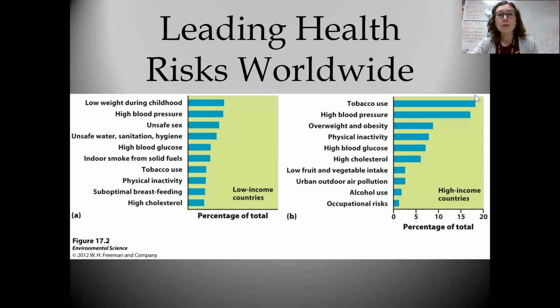All righty. When we're looking at the leading risks of health problems worldwide, we can really see a huge difference in what is actually causing the greatest amount of deaths and injuries for individuals, whether they're in a low-income country or in a high-income country. Now, there are a couple similarities, like high blood pressure is number 2 for both. Tobacco use, I guess, is actually pretty different. So we've got a lot of similar root risks in common, but the difference we're seeing is what the prominent ones are.